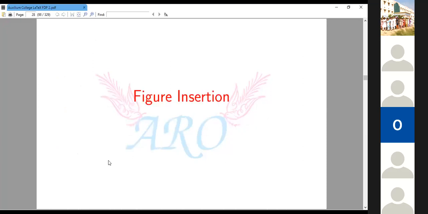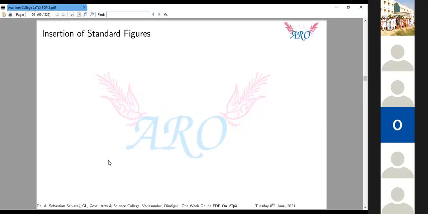That's also possible. So next one, figure insertion. We are going to see about figure insertion, not drawing, only insertion. Suppose we have existing figures, what is the procedure to insert that figure? First of all, we have to have a clear idea about the type of that figure, that means the format of that figure. First one is LaTeX or PDF LaTeX. There are two provisions to run this file, one is LaTeX, another one is PDF LaTeX. Till now I am using only PDF LaTeX.